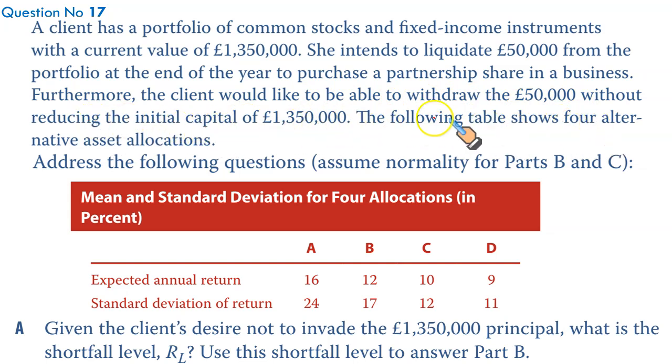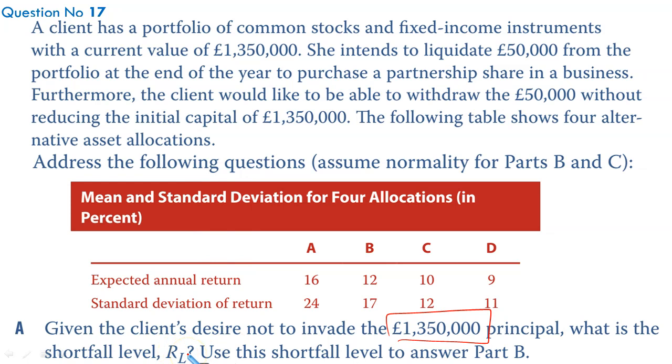The following table shows 4 alternative asset allocations. She can put in A, B, C, or D with these expected returns and these standard deviations. Given the client's desire not to invade the 1.35 million principal, what is the shortfall level RL, the minimum return? Use this shortfall level to answer part B. That's the later part. So we need to find out